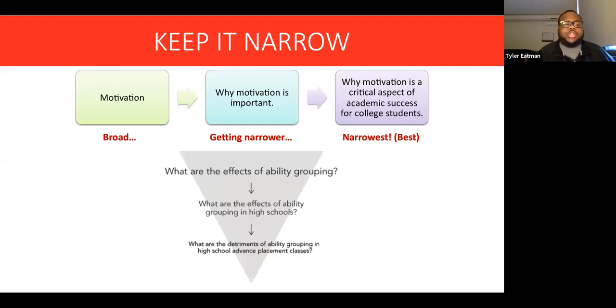So what I want you to do is, using this method of the 3 steps, or even looking at this triangle with the funnel method, create a topic sentence on anything and show your progression. I'm going to give you about 5 minutes to do so. If you do need more time, just let me know. I'm going to mute myself so you have time to do it. If you have any questions, just let me know.